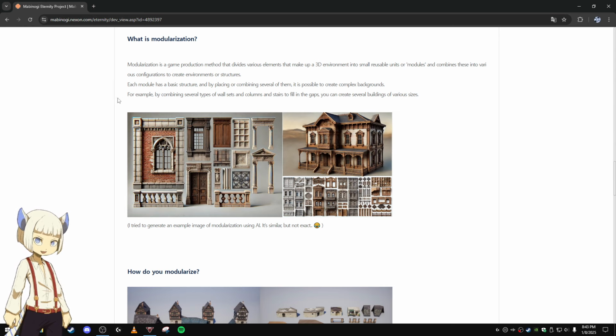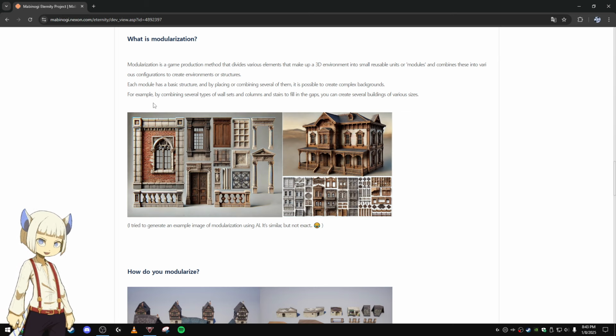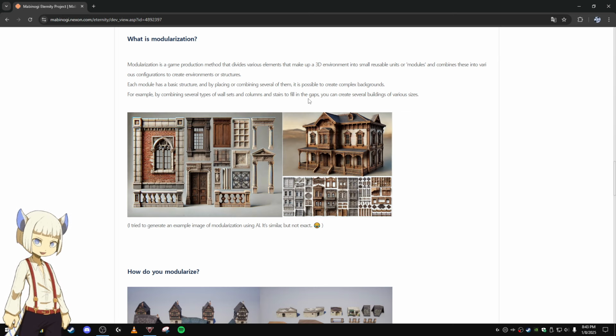Each module has a basic structure, and by placing or combining several of them, it is possible to create complex backgrounds. For example, by combining several types of wall sets and columns and stairs to fill in the gaps, you can create several buildings of various sizes.